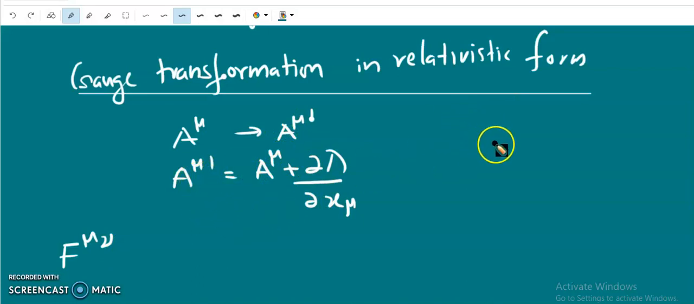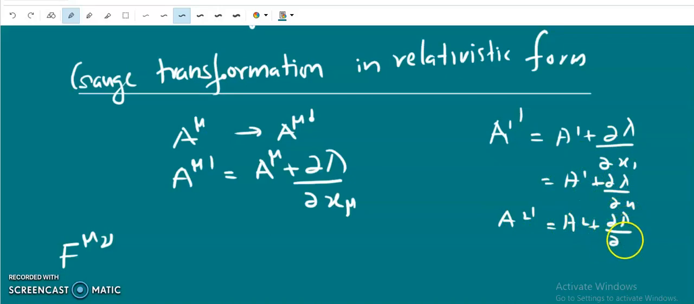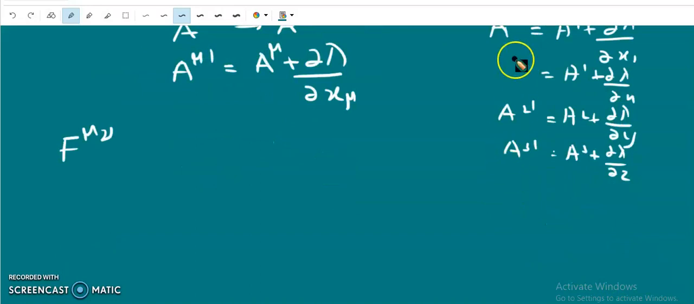That is, A mu bar, that is A0, A1, A2, let us do. First A1. A1 bar is equal to A1 plus dou lambda by dou x1. Dou x1 is dou x. Similarly, A2 bar is A2 plus dou lambda by dou y, since dou x2 means dou y. A3 bar is A3 plus dou lambda by dou z. So when we write this vectorially, it is AX, AY, AZ bar. So AX bar is equal to